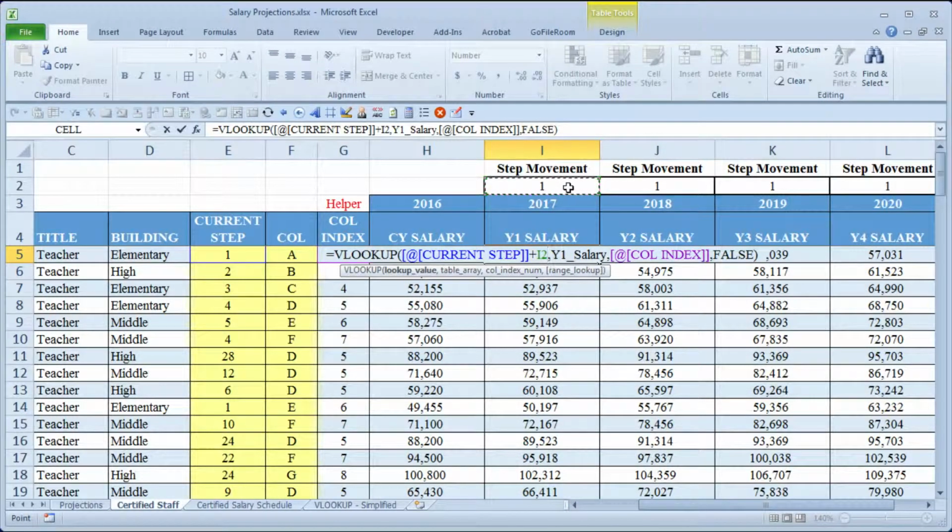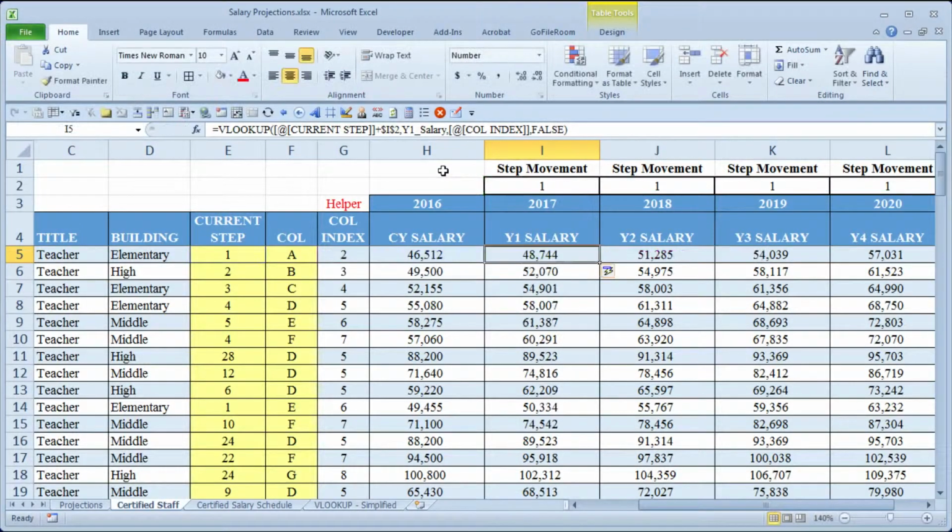Now we do need $ signs on here to lock it, so as the formula copies down the rest of the column, that it always points back to exactly cell I2. We do that by hitting the F4 key, which puts the $ sign to lock it on the column and row, and then we can hit enter. So now we've got the correct value of